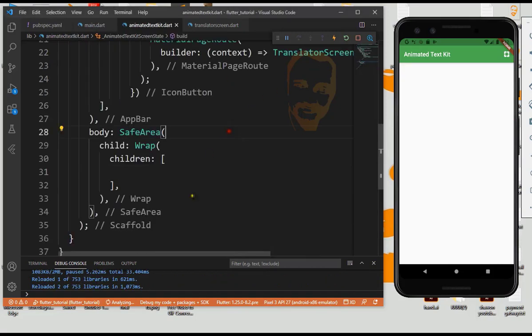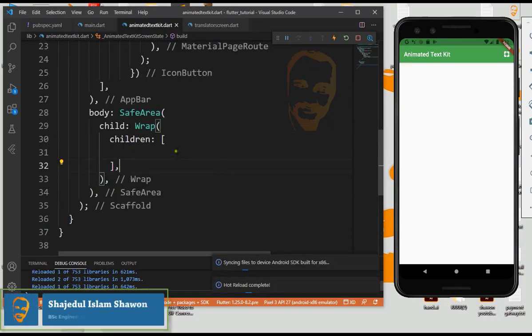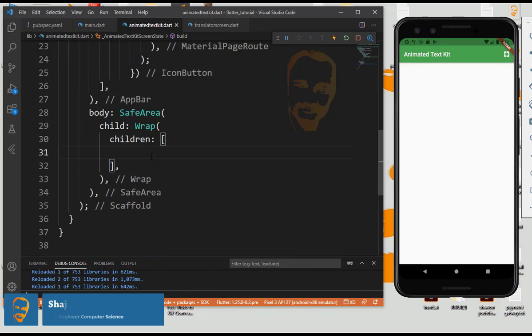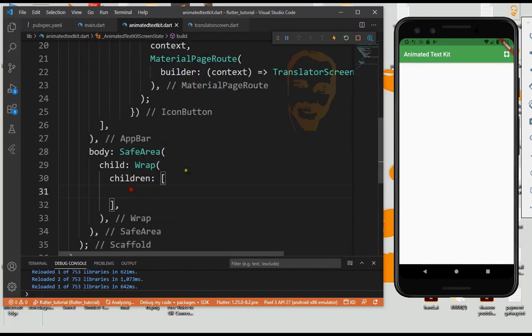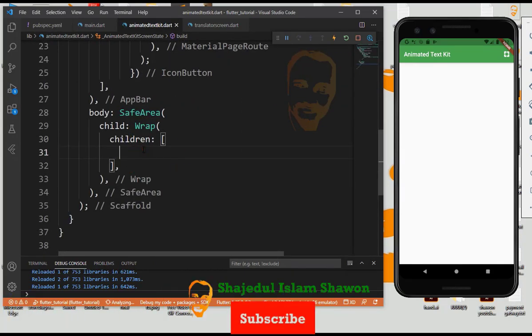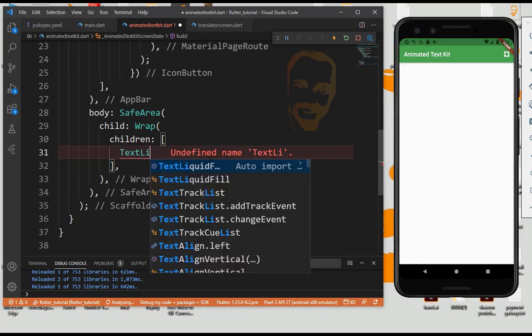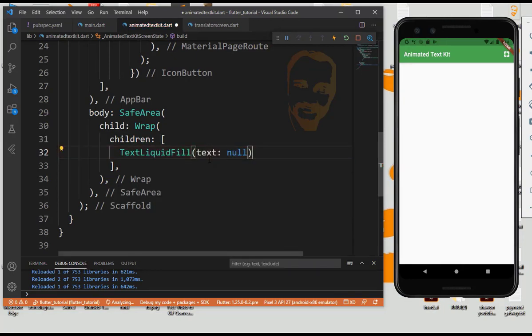So let's start. This is an empty page, and first of all we need our animated text kit package also. So first we have to show our animated web text. First we need text liquid fill. We need text also,